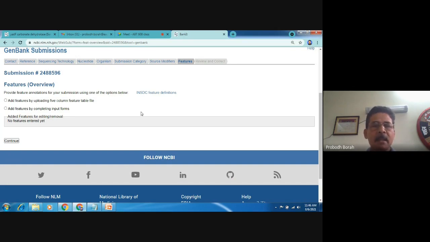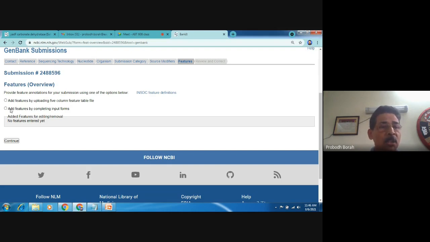In our case, as I said, we already know that our sequence pertains to a particular gene sequence, STM0171, which is referred to as the YADF gene, and it pertains to Salmonella enterica, subspecies enterica, serovar Typhimurium, LT2 strain, and the protein name is carbonate dehydratase. We have already obtained this information by doing a BLAST. So now these features have to be added to the feature panel.